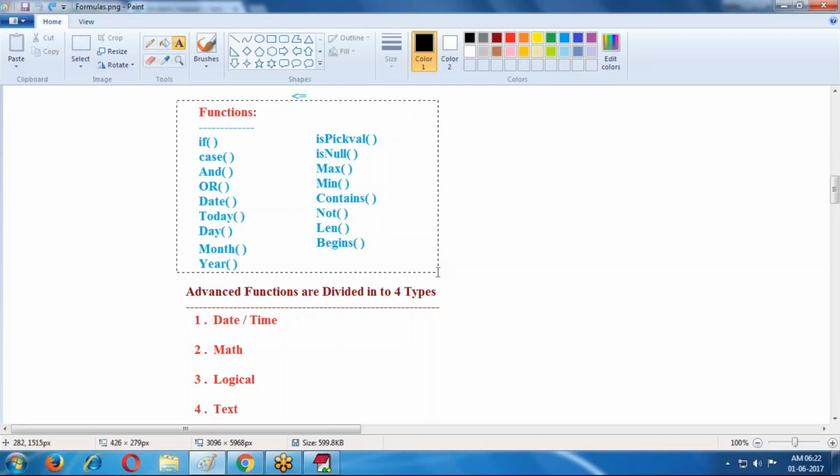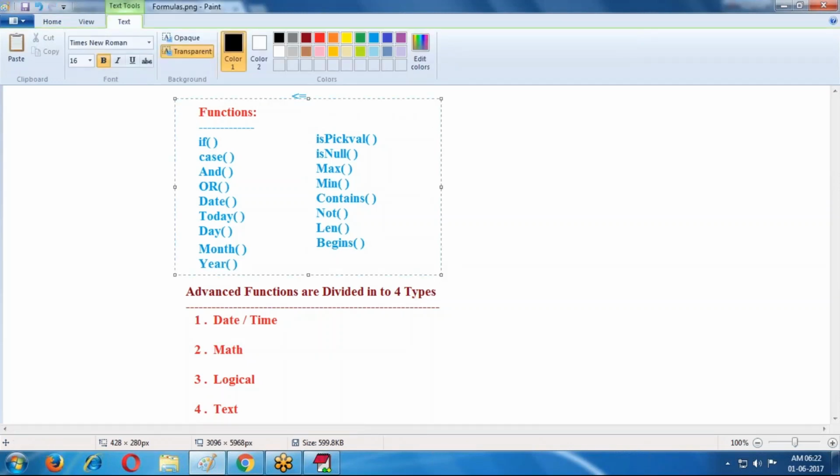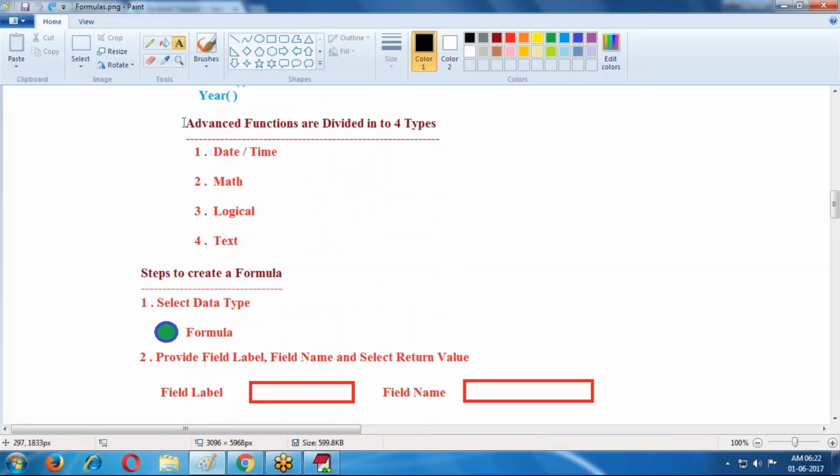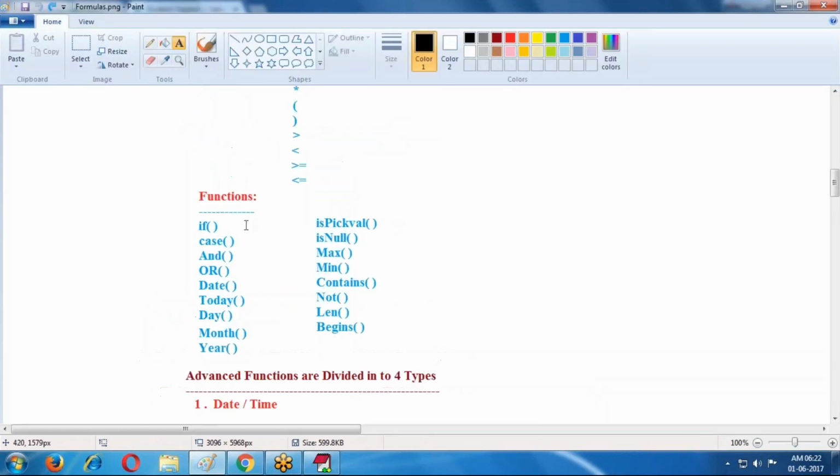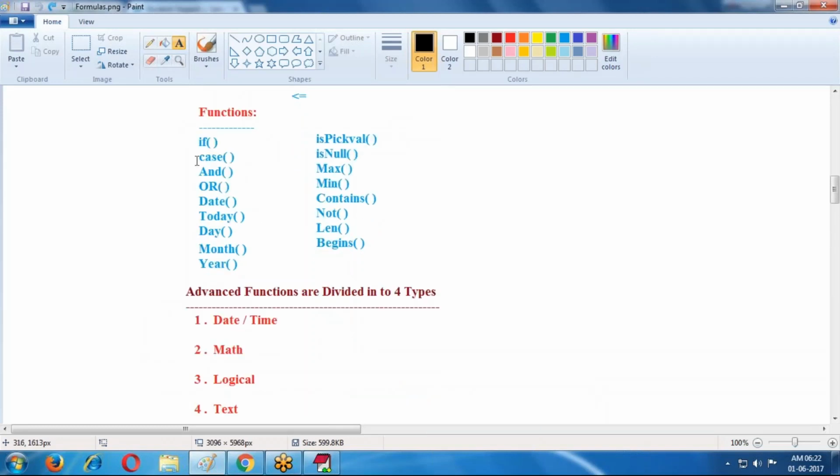These functions are classified into 4 types. Whatever functions are there, all the functions are classified into 4 categories. What are the 4 categories here? The advanced functions are divided into 4 types: date time, math, logical, and text.